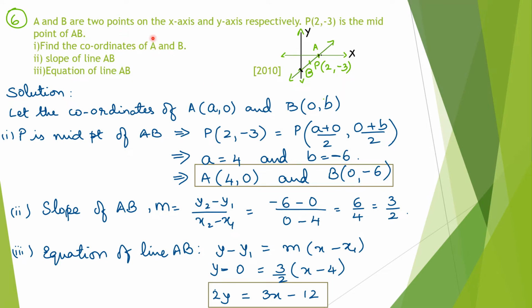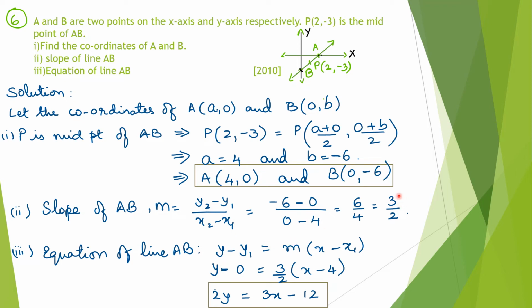And because he has asked you what are the coordinates of A and B, you should write that point A will have the coordinates 4, 0 and the point B will have the coordinates 0, -6. Then what is the slope of line AB? That is y2 minus y1 upon x2 minus x1, and therefore I get 3 by 2, and therefore now the equation of the line AB will be